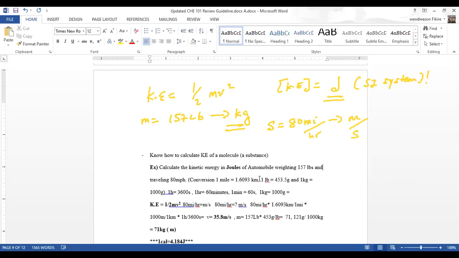So you have to change 80 miles to meters. The fact that 1 mile equals 1.6093 kilometers, and 1 hour is 3,600 seconds, has to be changed as well. So that's how the conversion works here. So the kinetic energy value will be 1/2 mv squared. The 157 pounds has to be changed into kilograms,